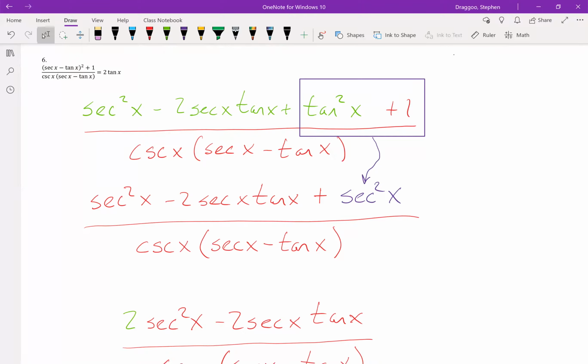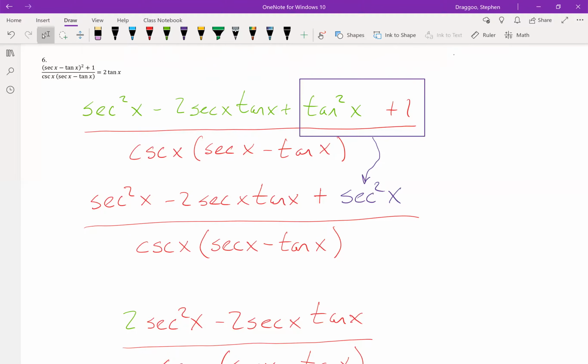All right, in problem 6, I do not have any angles that need changing. All of my angles are already x, but there is a bit that I'm going to need to FOIL out. So I did notice that there is a secant minus tangent squared in the numerator as well as a secant minus tangent in the denominator, but you have to be careful about trying to reduce those immediately, because in order